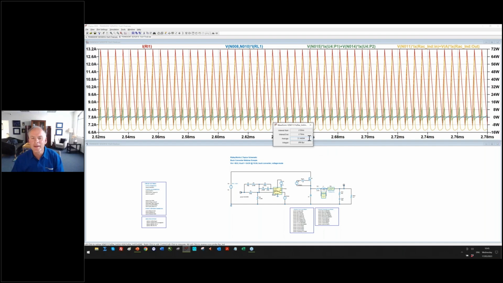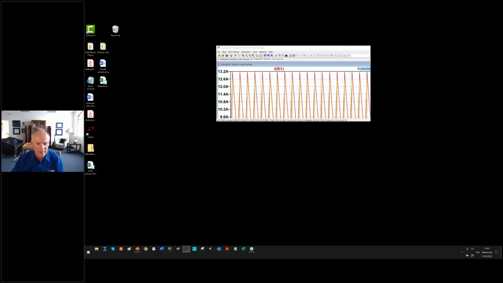And now we're going to look at the loss in the AC resistance, which is here. And we see we had 200 milliwatts DC. Here's our extra loss, 1.14 watts in the AC resistance. Now we're starting to look like we're getting somewhere close to what we want to have. So this is good. We've got core, measured AC, DC resistance. All is coming together, I think, at this point. And this is fun. I don't know about you, but I like running SPICE simulations and getting results like this.